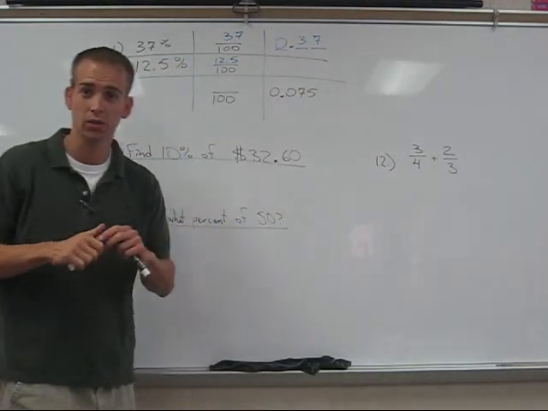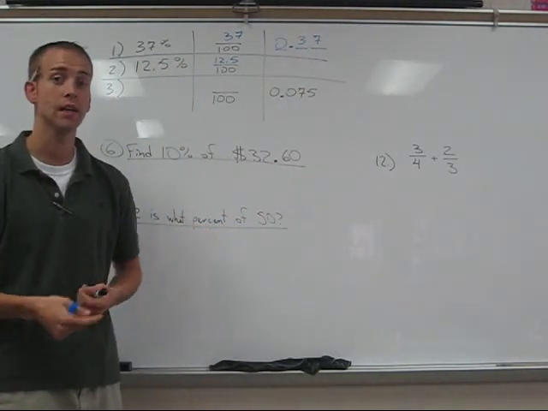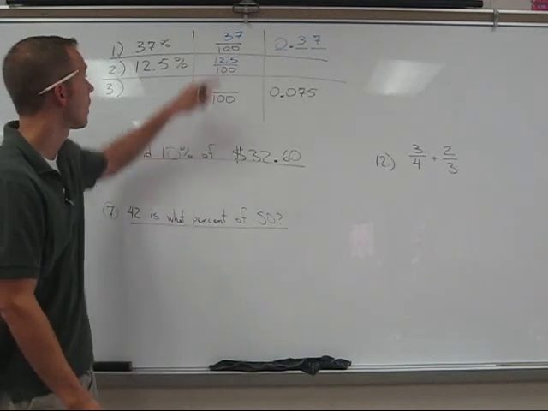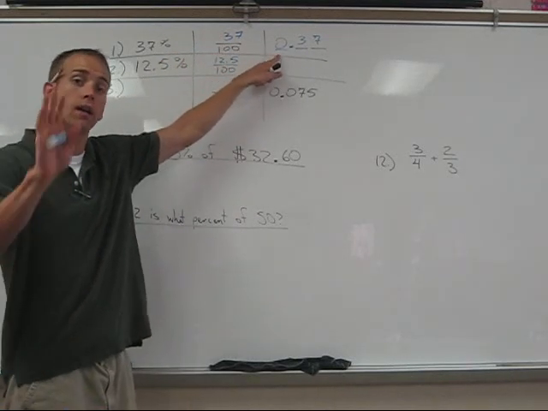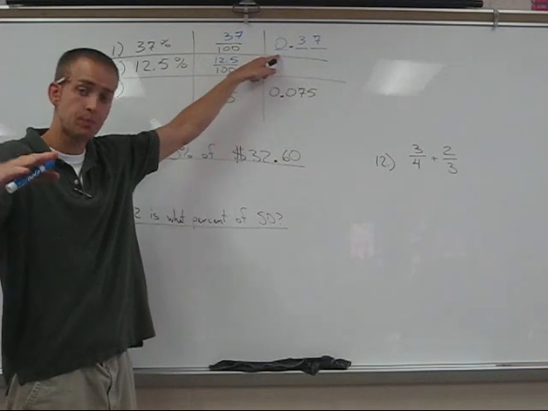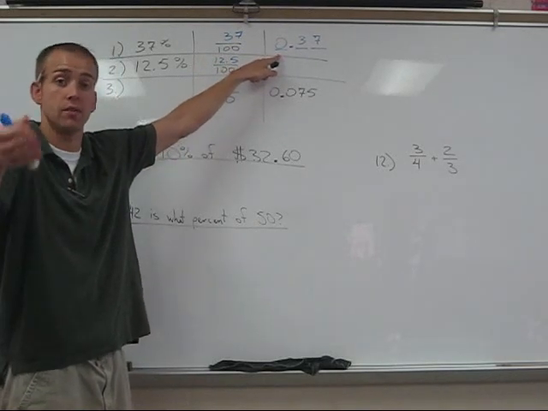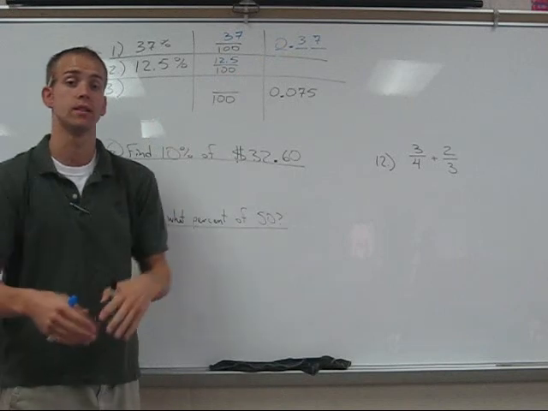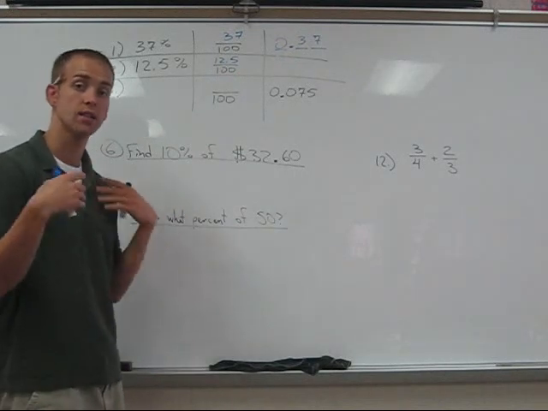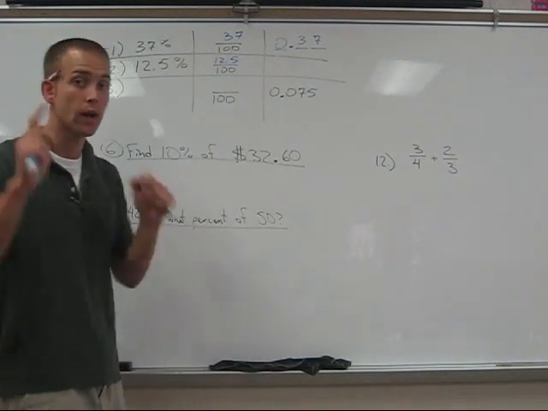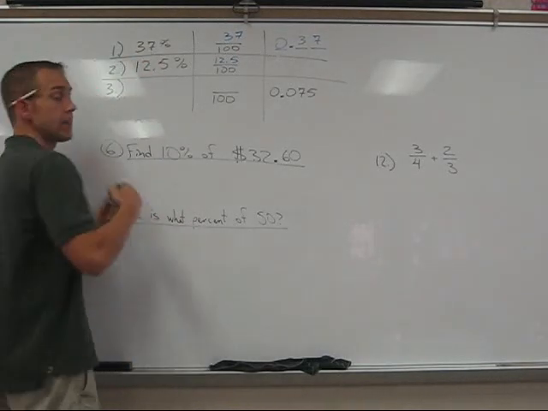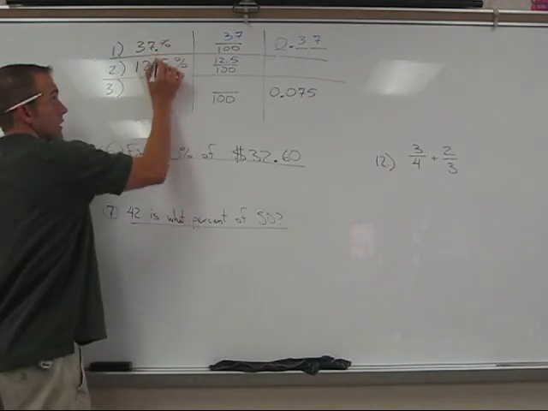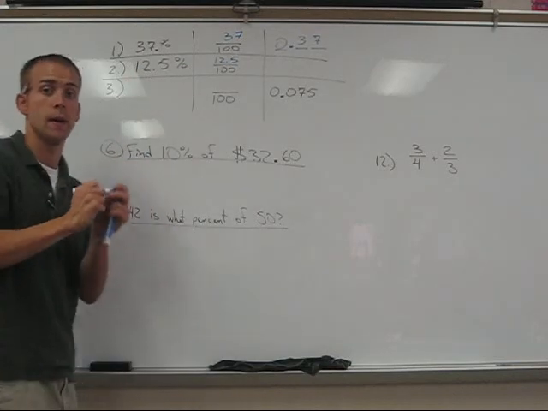I'm going to remind you of something as well. A fraction really is sort of a division problem. So we are taking 37 divided by 100 to convert this to a decimal. I'm not going to carry out this long division, but you need to remember what we're dividing by here are a bunch of zeros and ones, which essentially causes the decimal to shift. And here's what I really wanted to get at. You notice that going from the percent, and there's a decimal at the end of this, sorry, I'll fill it in for you.